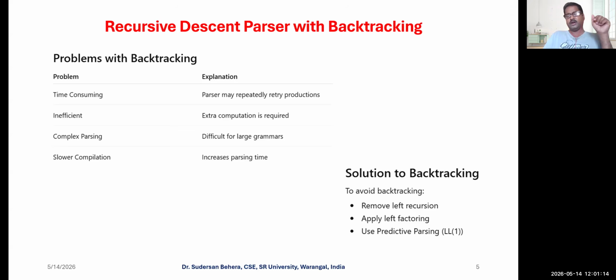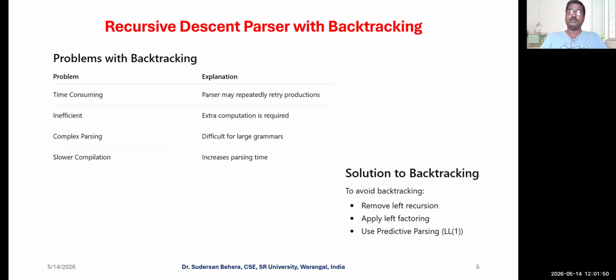As backtracking has been observed with the recursive descent parser, some solutions are also acknowledged. Okay, so first of all, remove left recursion. If a left recursive grammar is there, it is better to remove left recursion. Then apply left factoring. Left factoring is another technique through which, if multiple productions start with the same character, if a non-terminal has multiple productions and many of them start with the same character, then the parser